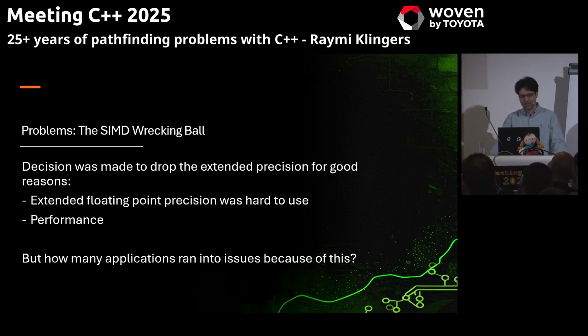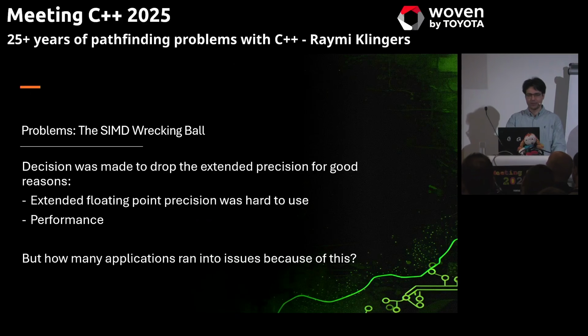Now, this was probably a good decision, because if you need to remember that you can use your extra precision only in intermediate variables of registers, it's kind of hard to work with, because the moment you store it into a float variable just temporarily, you lose it. Or if you run out of register space, you lose it as well. So it's not very obvious when you have the precision and when you don't. So it's probably for the better that we're moving away from it.